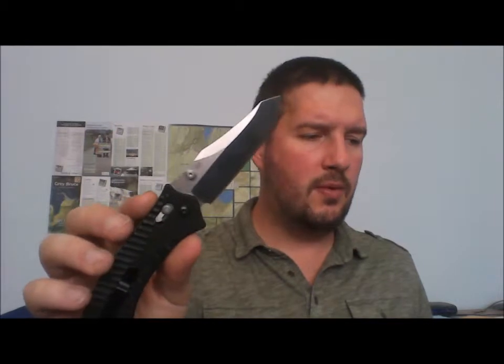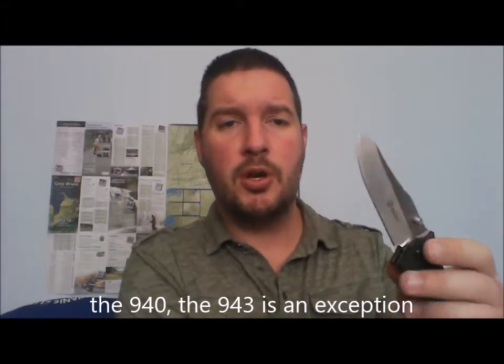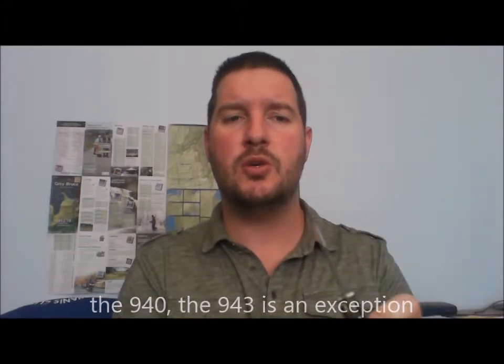There we go. What else do you want to know about this blade? Oh yeah, the reverse Tanto blade. This is a fairly popular blade shape. Warren Osborne does it in a lot of his blades, the Contego, the Rift, the 440, or maybe the 340. All those Warren Osborne Benchmades have this reverse Tanto, and it's a pretty cool design because you get